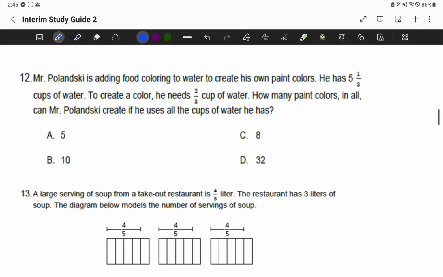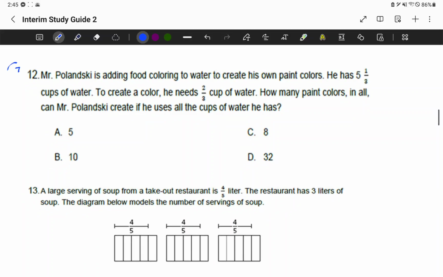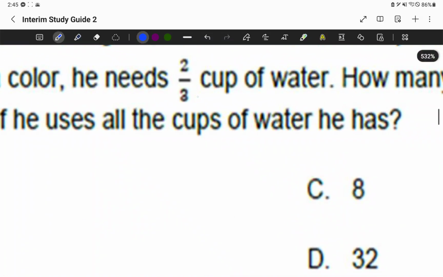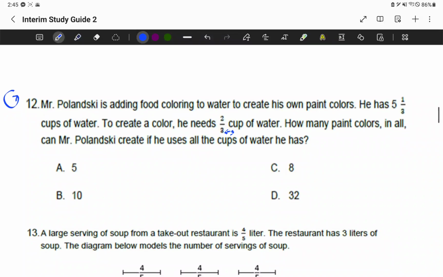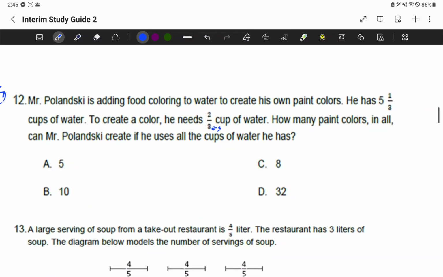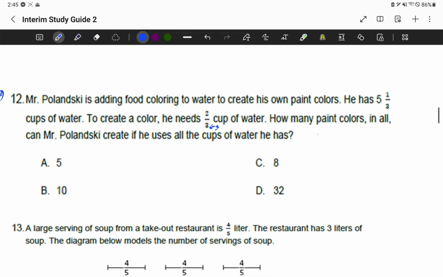Alright. Question 7. I know it says 12, but they're not exactly numbered right. Mr. Polanski is adding food coloring to water to create his own paint colors. He has 5 1/3 cups of water, and to create a color he needs 2/3. How many paint colors in all can he create if he uses all the cups of water he has? So that's 5 1/3 divided by